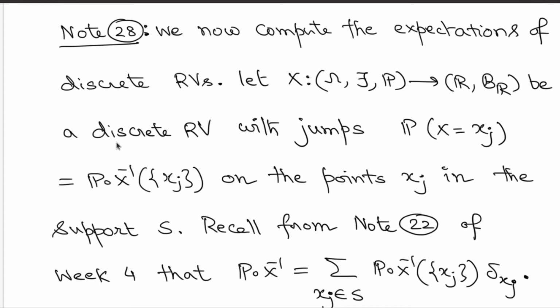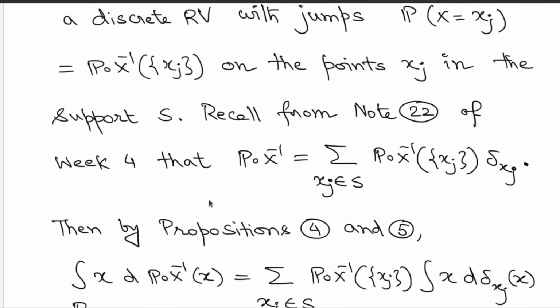Now recall from note 22 of week 4 that in this case the law can be written as a convex linear combination of the Dirac masses situated at these jump points xj, and the sum is over all points in the support, alright, and the weights that you put are exactly the jump sizes. For the point xj, you just look at the size of the singleton set xj with respect to the law p compose x inverse, and that, as we have already mentioned, is